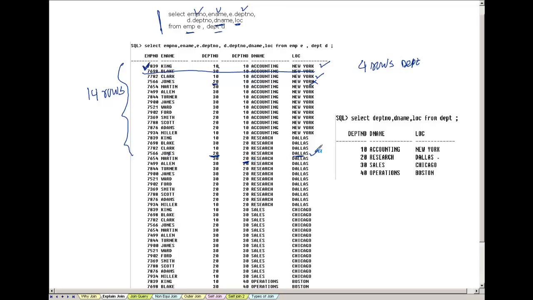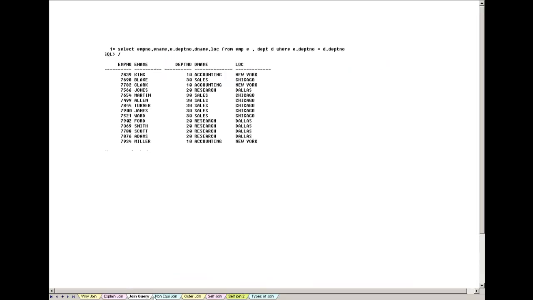and again this is wrong. So what are we going to do? Is there any mechanism by which we can filter, and how do we filter? If we filter by comparing the value of this department number to the value of this department number, and they are equal, then that means that is a correct row. Alright, so that is essentially what a join is. By putting this condition,